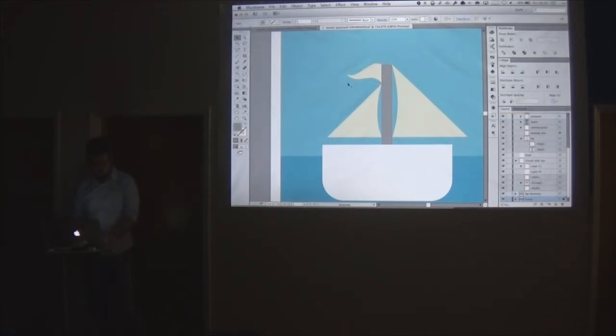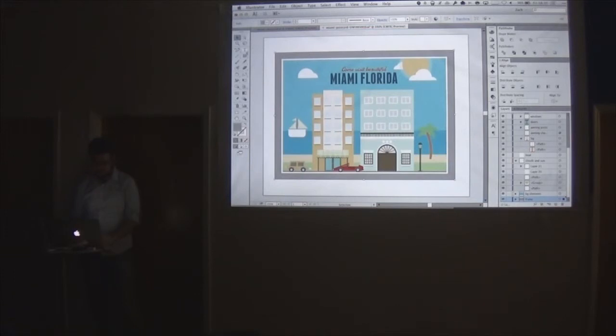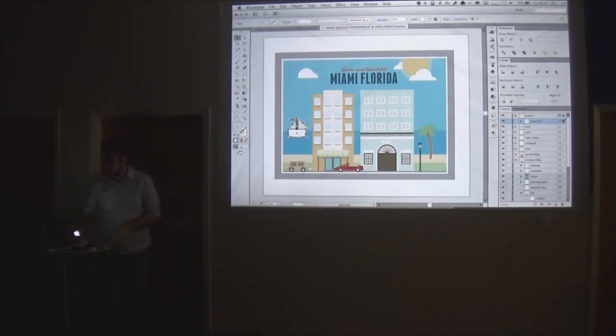Okay, so we got our boat. Let's zoom out. It's massive. So what we can do is, since I made everything in this one layer, I can just select on this little dot here, and that'll select everything in that layer, and then shrink it down to about where we want it. Oh, well, one thing I forgot